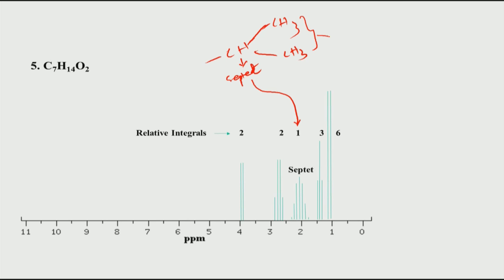Similarly, these two could most likely be this, because each of these 2 CH3 groups will give a doublet. Each of these CH3 is coupled to this hydrogen, and therefore this 3H will be a doublet, what we are seeing here, and this septet is coming from this hydrogen. Now, if you look at the remaining CH3 and this 3 and 2, again remember there is a downfield shifted proton corresponding to 2, which means it is most likely attached to an oxygen directly.